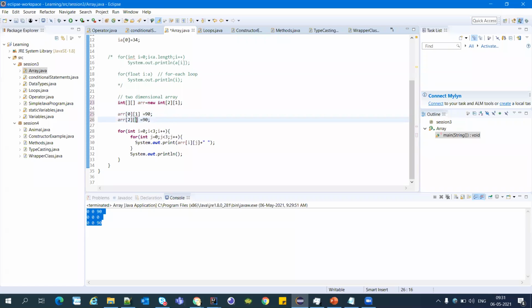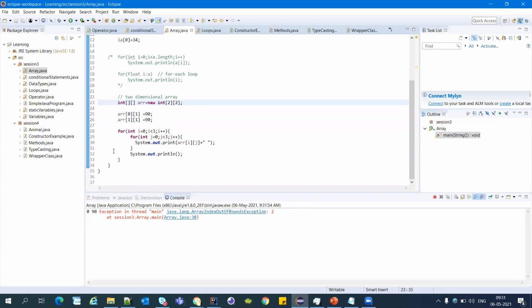Probably that might resolve our confusion. Line number 23, Yogesh. Keep it 2, 2. Exception for this.